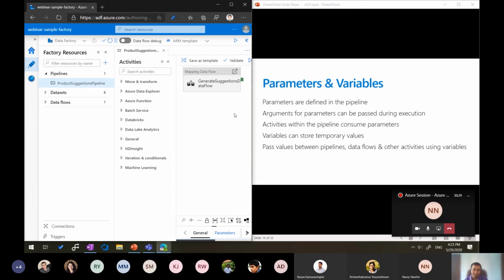You have pipeline scope parameters and variables, so you can use those to pass data between pipelines. For example, you can have a variable called table name, and pass that table name into different pipelines to do different activities. And yes,